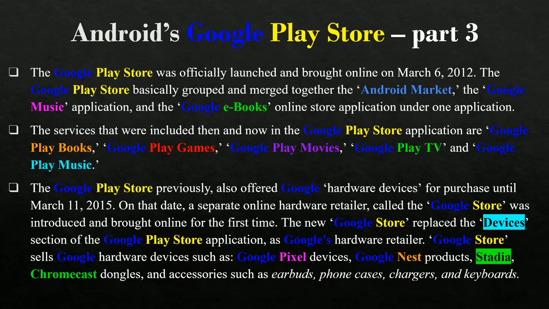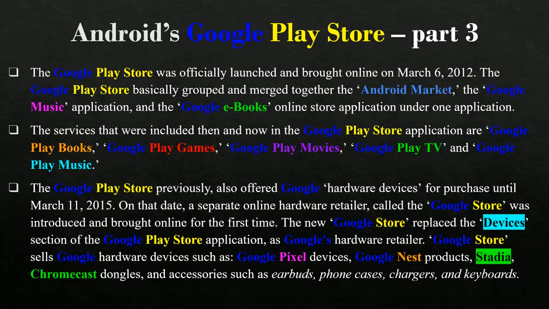It used to be known as the Android Market. But when Google Play Store was launched in 2012, Google basically grouped and merged together the Android Market, the Google Music application, and the Google eBooks online store application.